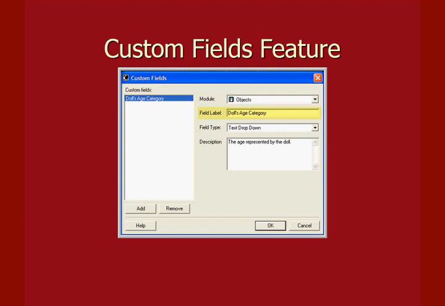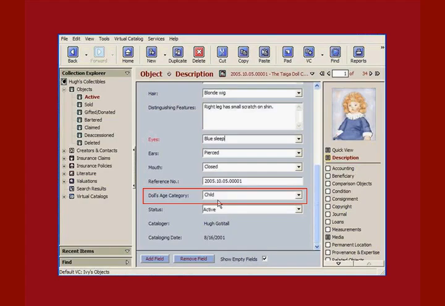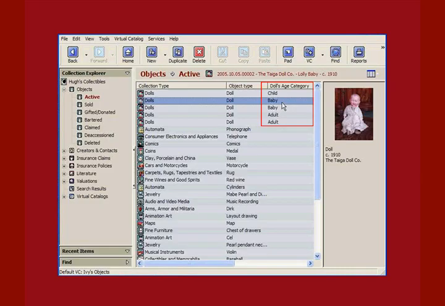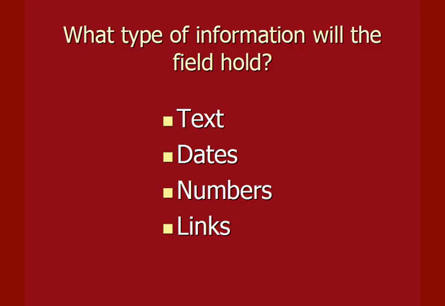With Collectify's custom field feature, you can create a field to identify the age portrayed by the doll, then use it to display the information on screen, sort by it in lists, and print it in reports. Before you create a custom field, it is important to decide what type of information you want the field to contain. Although you can store any information in a simple text box, using fields which are designed to hold specific types of information, such as dates, numbers, or links to contacts and the web, allows Collectify to run more efficiently,